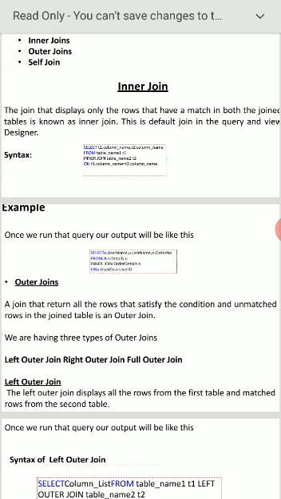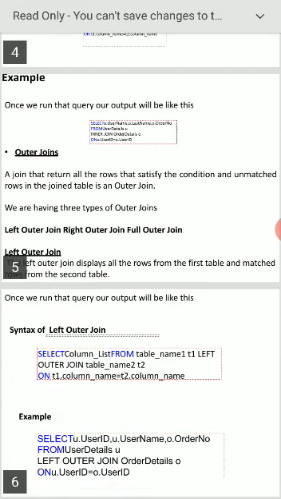There are different types: left outer join, right outer join, and full outer join. Now let us see left outer join. What is the purpose of left outer join? Left outer join displays all the rows from the first table.